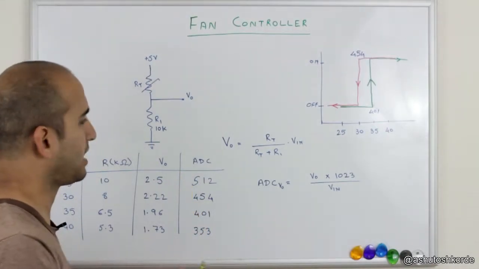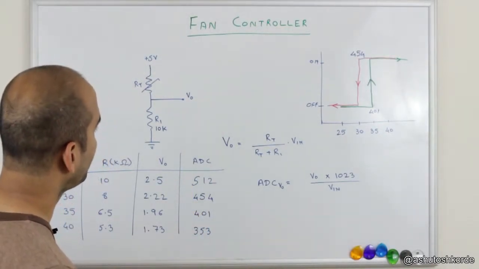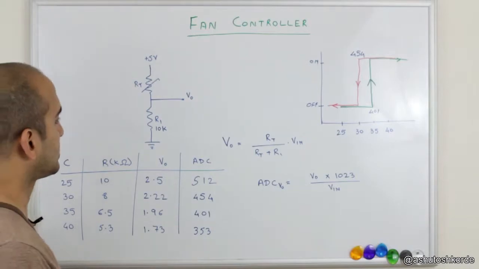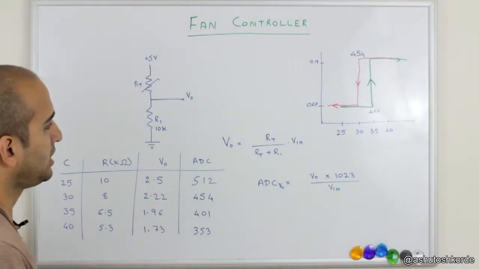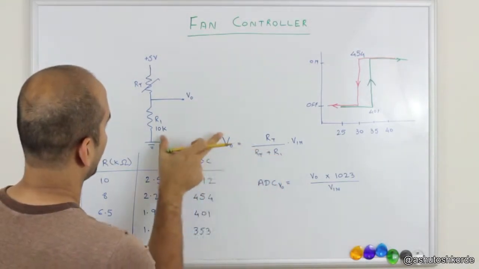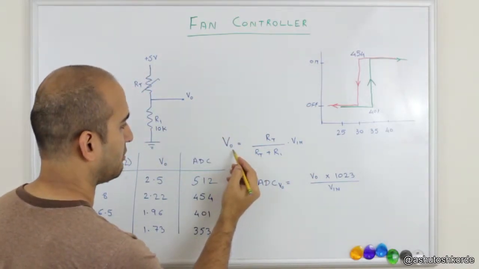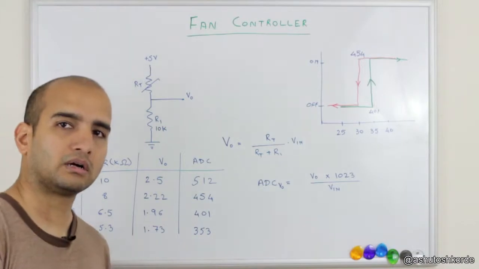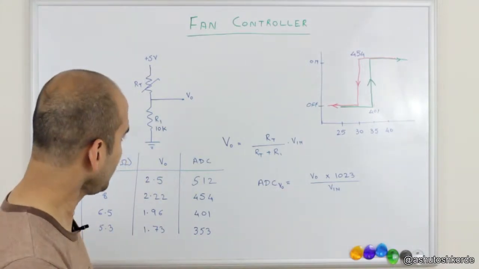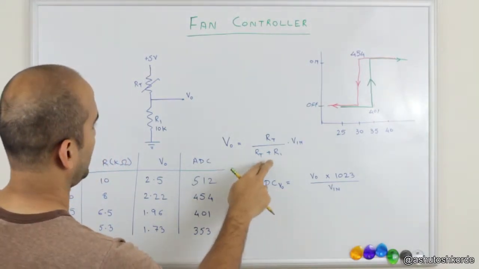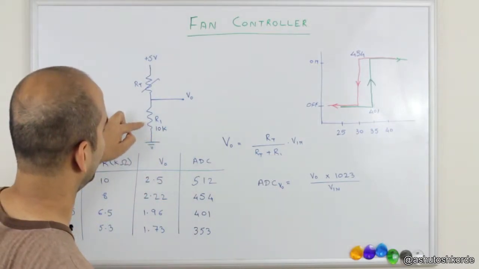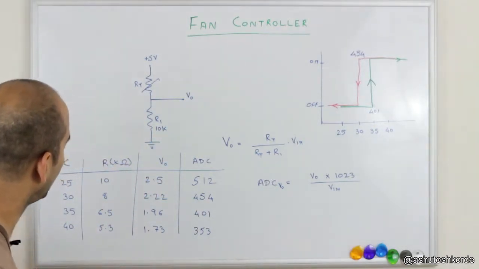It will be slightly higher or lower, and what we will do is, when we build the circuit, we will actually measure the value of R1 that we put in and then use that value to calculate our V0 for our microcontroller. That way we won't introduce any errors due to the drift in R1.